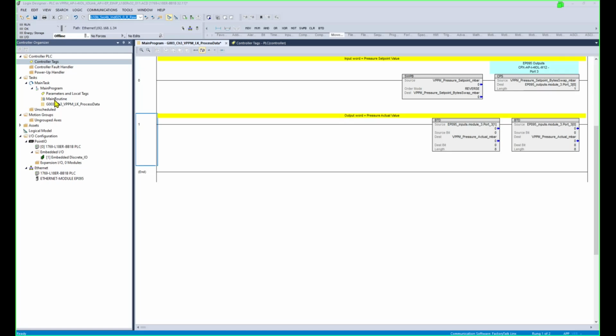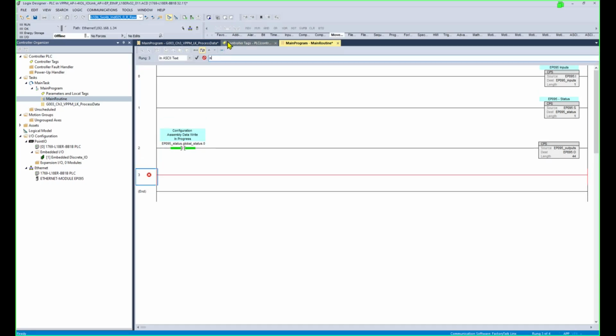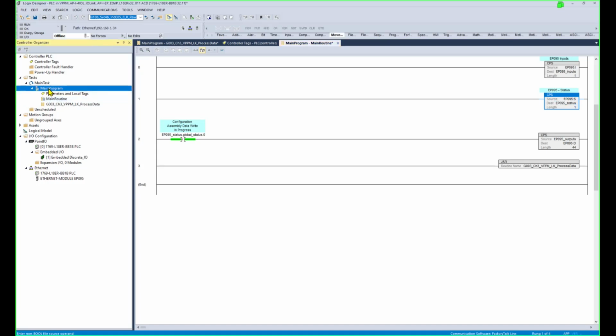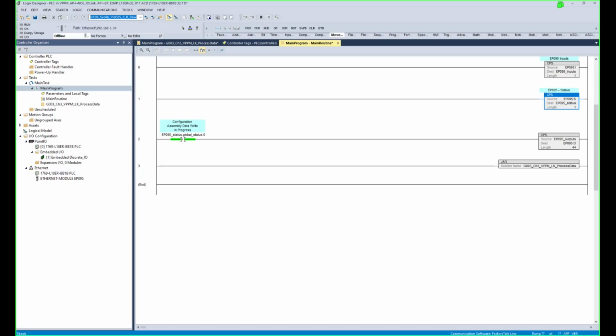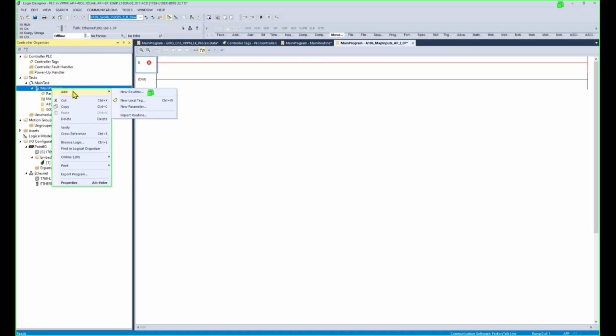And in order to have this scan properly, we need to, of course, add some code. We're going to add a rung, JSR, and we're going to select that routine that we just created. And while we're here, I like to have my inputs and output mapping in routine, so I'm just going to add a routine, call it map inputs, and I'll also do a map outputs, so I will add another routine,